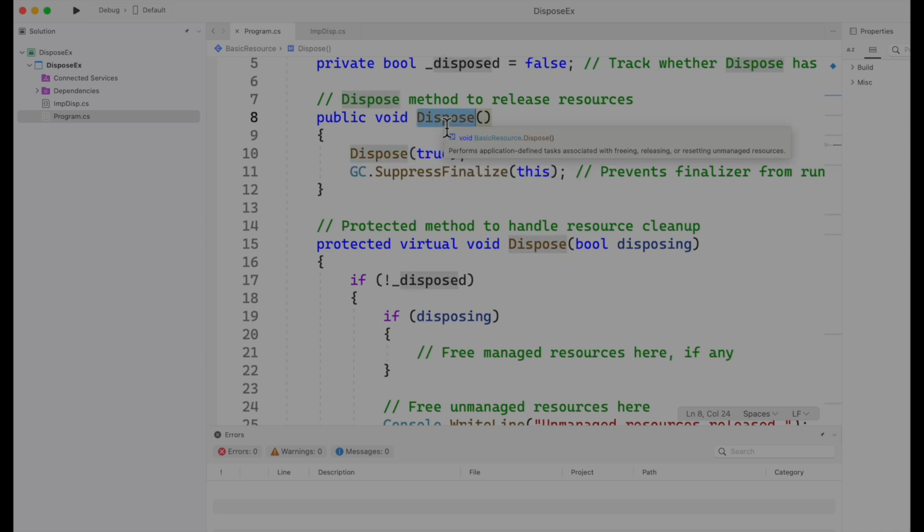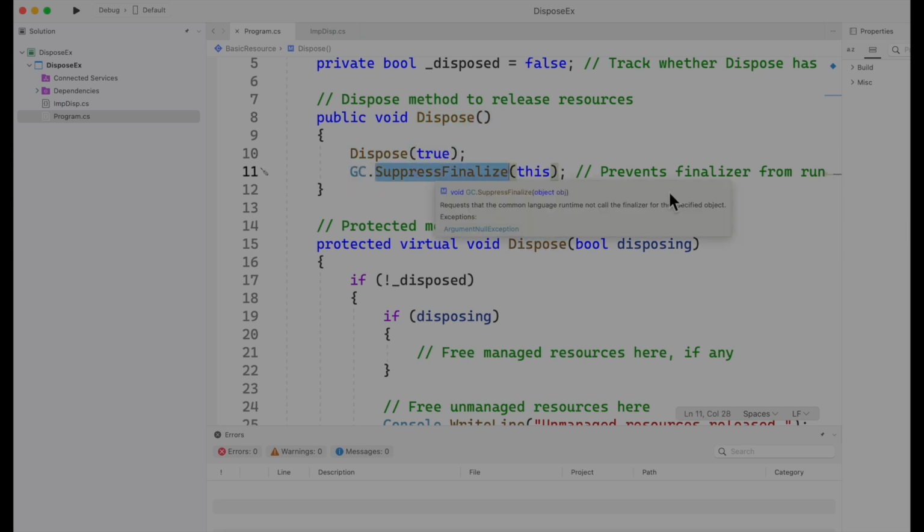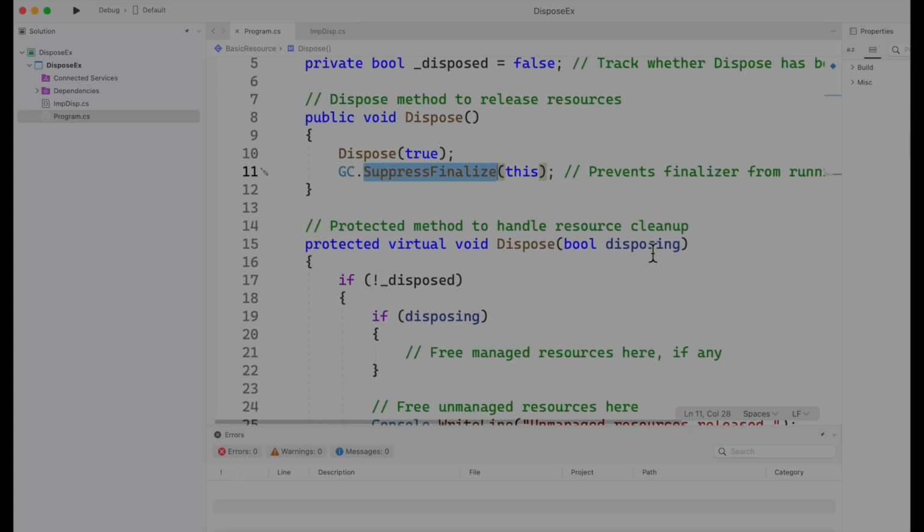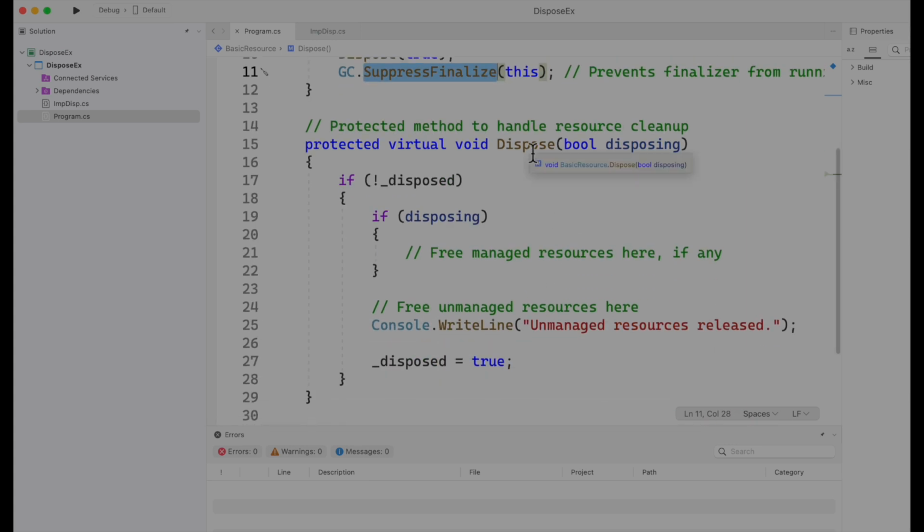So this is parameterless, this is with parameter, and we call it suppress finalizer to prevent the recalling of the finalize method which .NET can call. So to prevent, if it is called, do not call again, and save the resources, because it's a costly process. Now it's a virtual method where we have a dispose with the disposing as boolean argument,